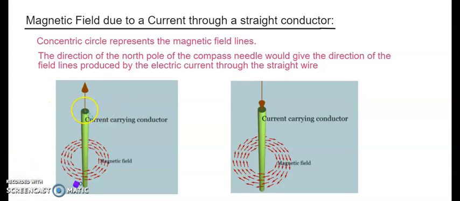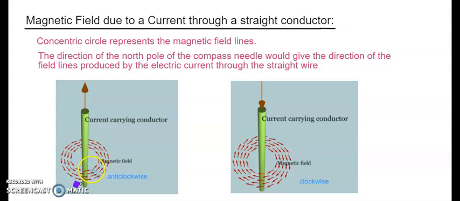So same thing we did in the experiment. The current is passing in the upward direction. The magnetic fields are moving in the clockwise direction, right? When the current is reversed, meaning it's going in the downward direction, the magnetic field is moving... one minute, I made a mistake. Sorry, this is anti-clockwise and this is clockwise. Let me type it. Sorry, silly mistake. Here the magnetic fields are moving in the anti-clockwise direction. Here it is moving in the clockwise direction. So it's just the reverse of the movement of the current. In whichever direction the current is moving, the field is in the opposite direction.